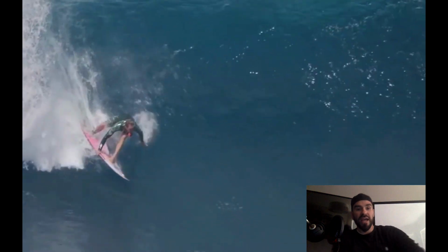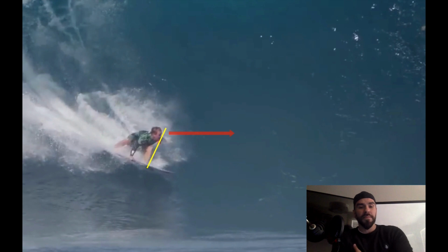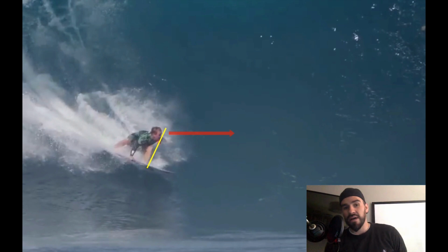So then as we move down, he starts to drag his hand, drag his butt. We'll stop it here. Now you'll see that his knees aren't really completely straight, but if you look where his vision is now, he's looking at his line. And so right where he's sitting now, he's going to be under the lip. So if you look at his head, his chest is right over his knee, but his head isn't past his front foot. This is still a really intense position, but in order to get out of the impact zone, out from under the lip, he needs to cut back up. So the amount of force here,